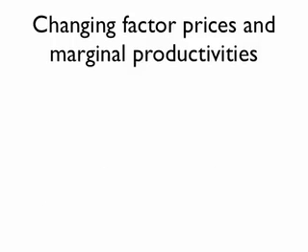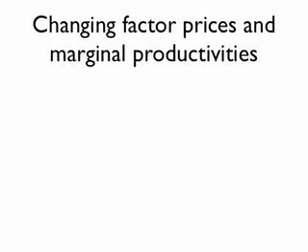A very important relationship to understand is how changing relative factor prices affects marginal productivities. This occurs as firms react to the changing factor prices by changing their use of inputs into the production process. Generally, we talk about this in terms of capital and labor usage. So we will link relative price changes to relative factor price changes, and then changing capital labor usage and marginal